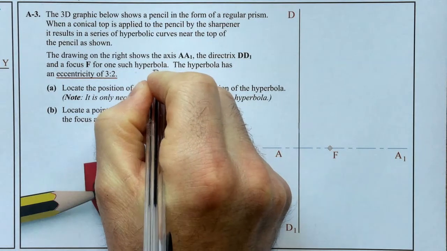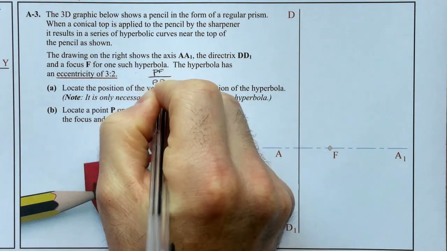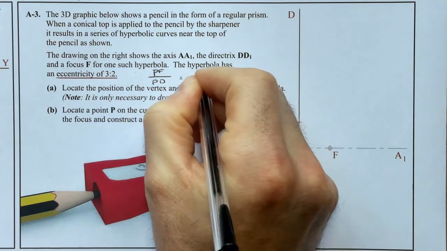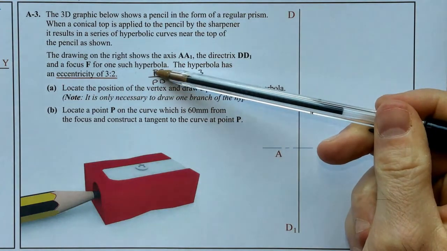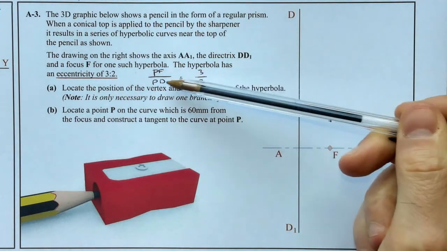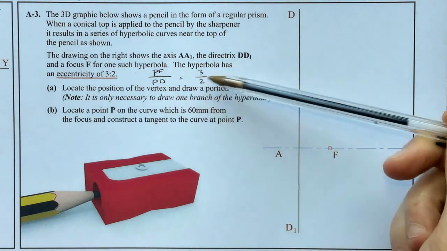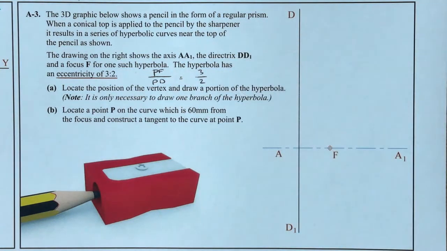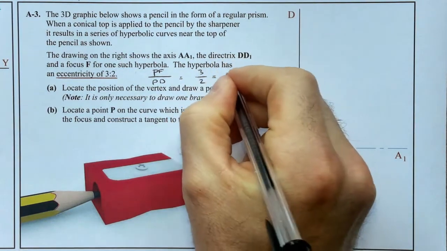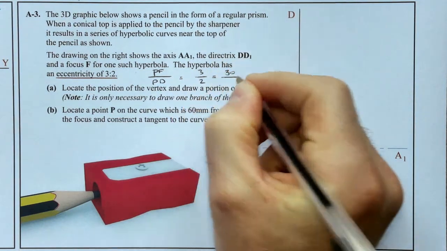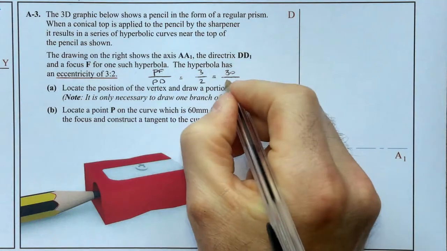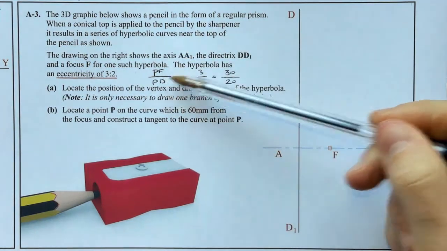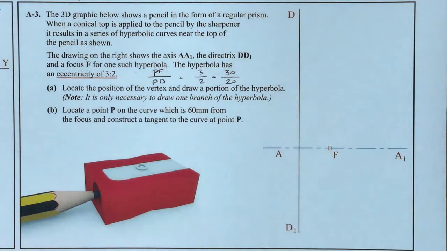So what that means is PF over PD is 3:2. So what that means is a point on the curve to the focus is 3 parts away, then that same point to the directrix is 2 parts away. So we're going to just use that kind of principle. So I could actually, if I just multiply that by 10, say that a point on the hyperbolic curve is 30 millimeters away from the focus in comparison to the same point, which is 20 millimeters away from the directrix. Okay, so we're going to use that principle to help us out here